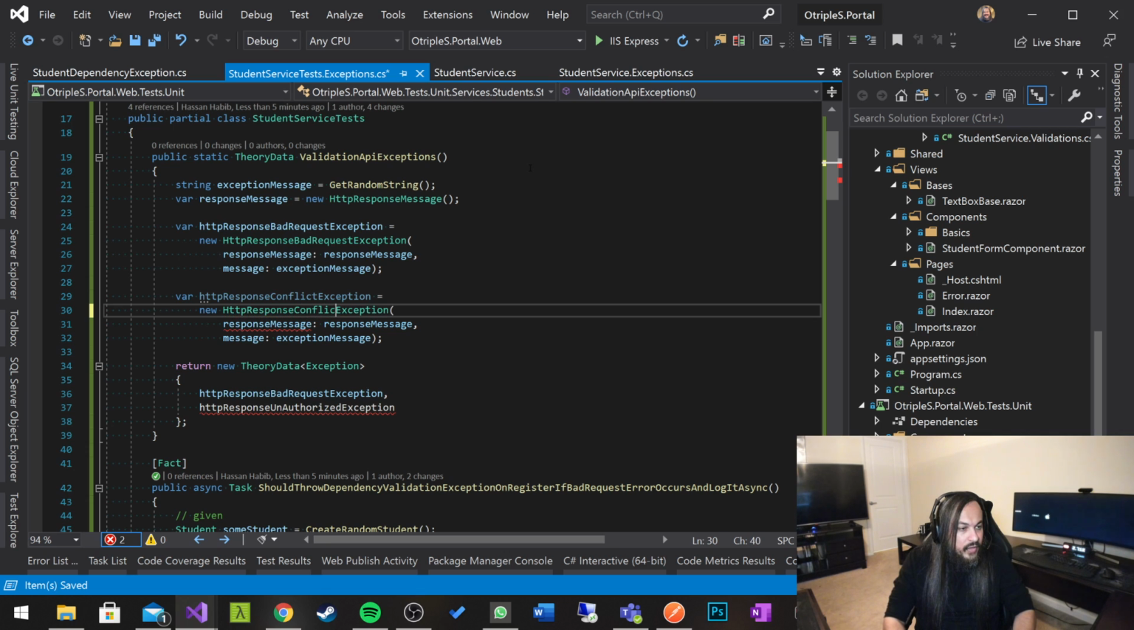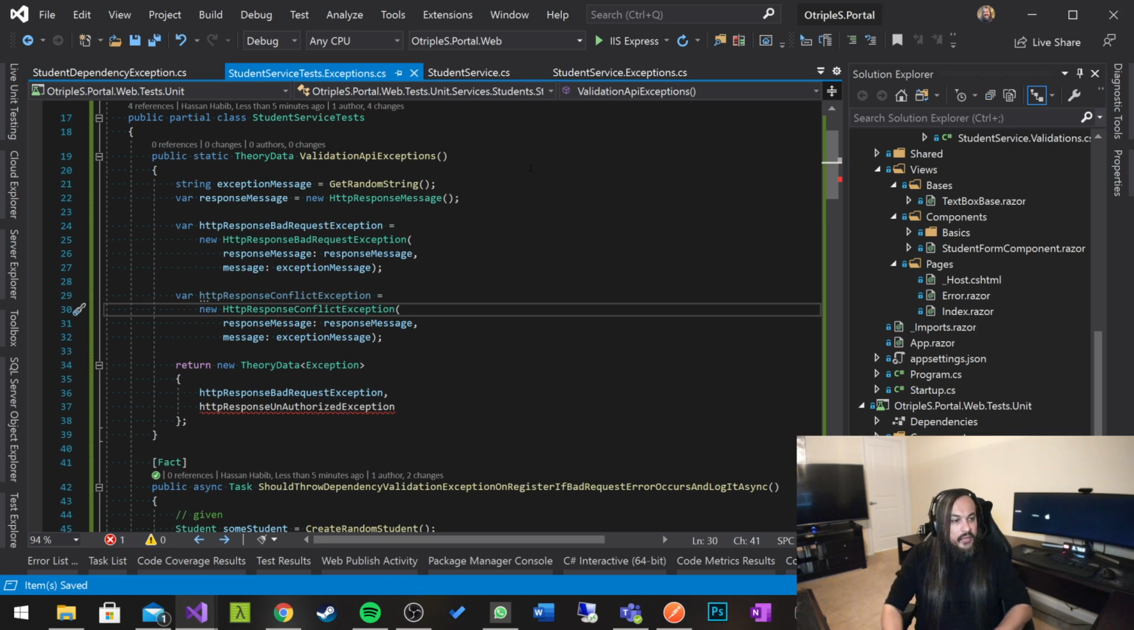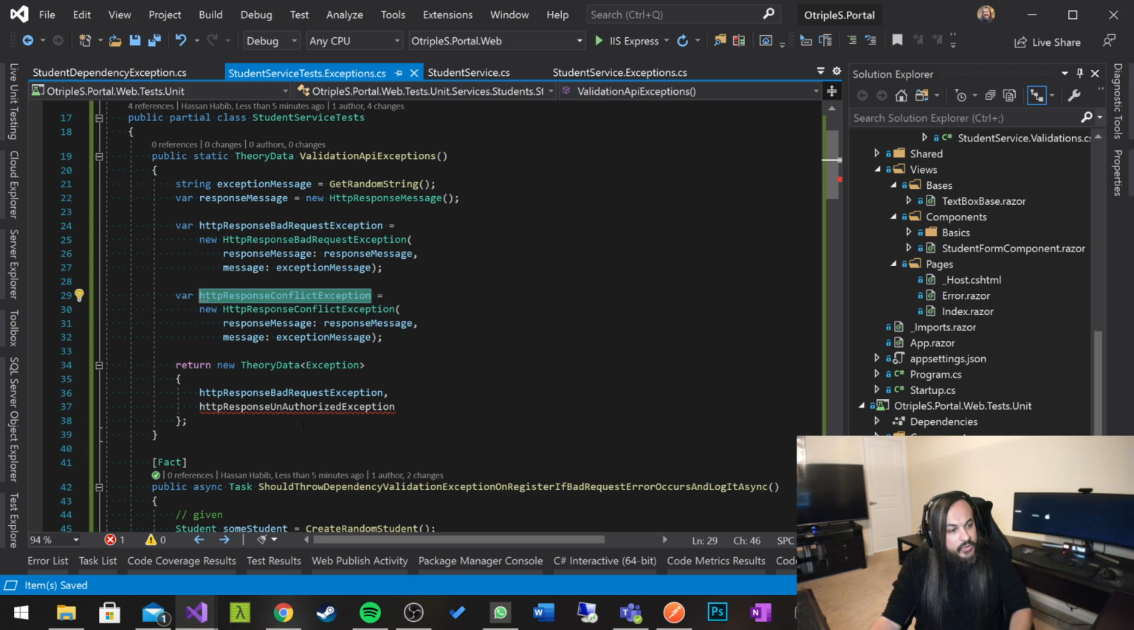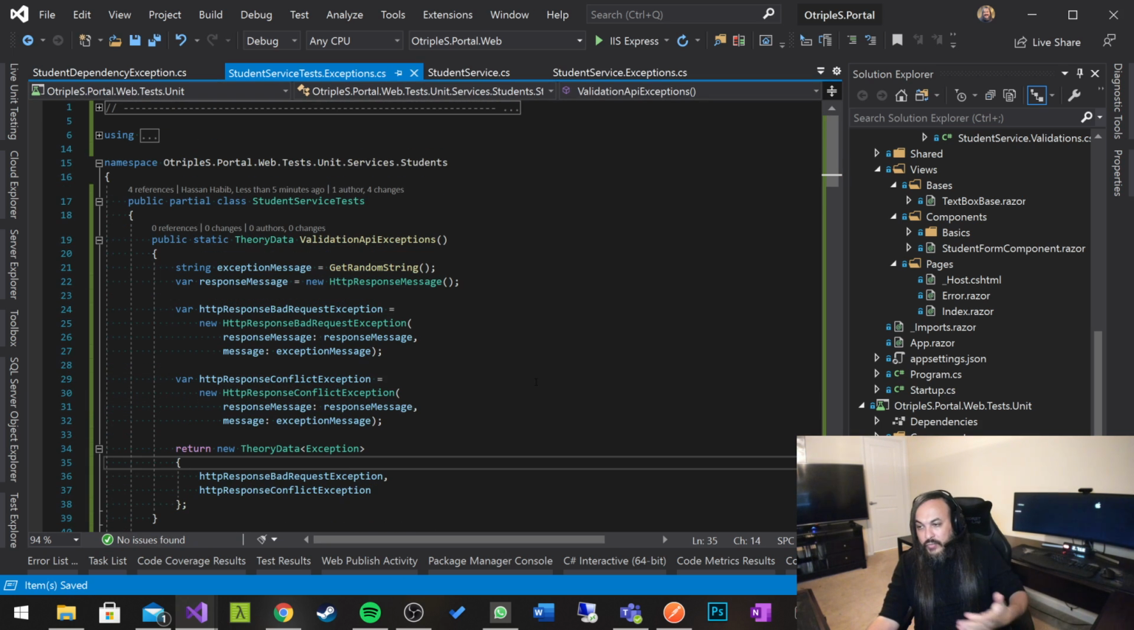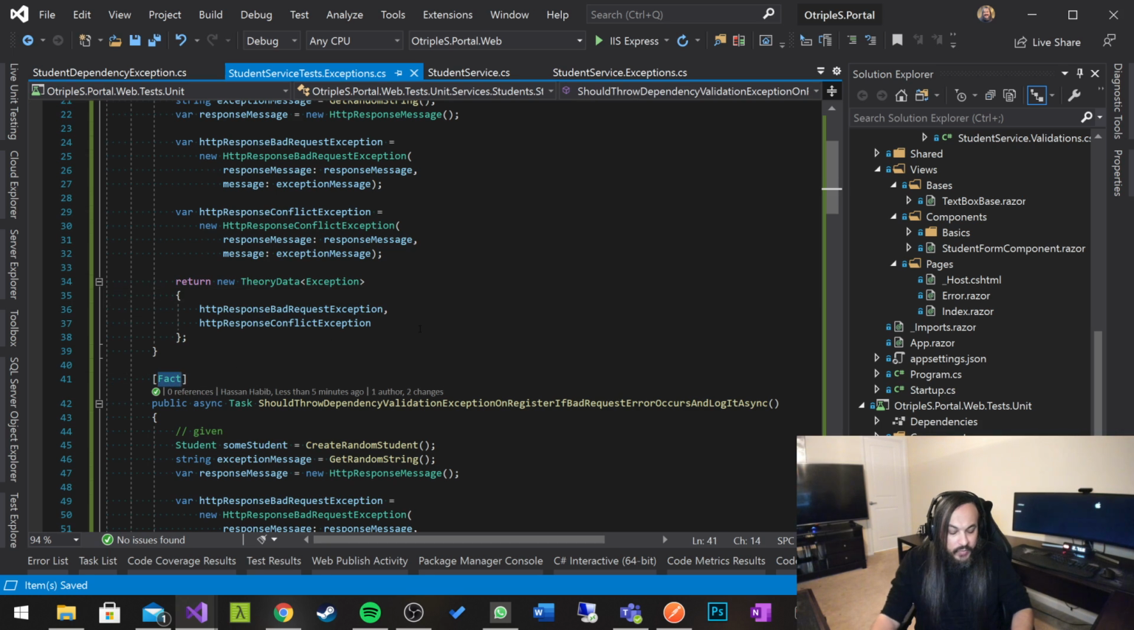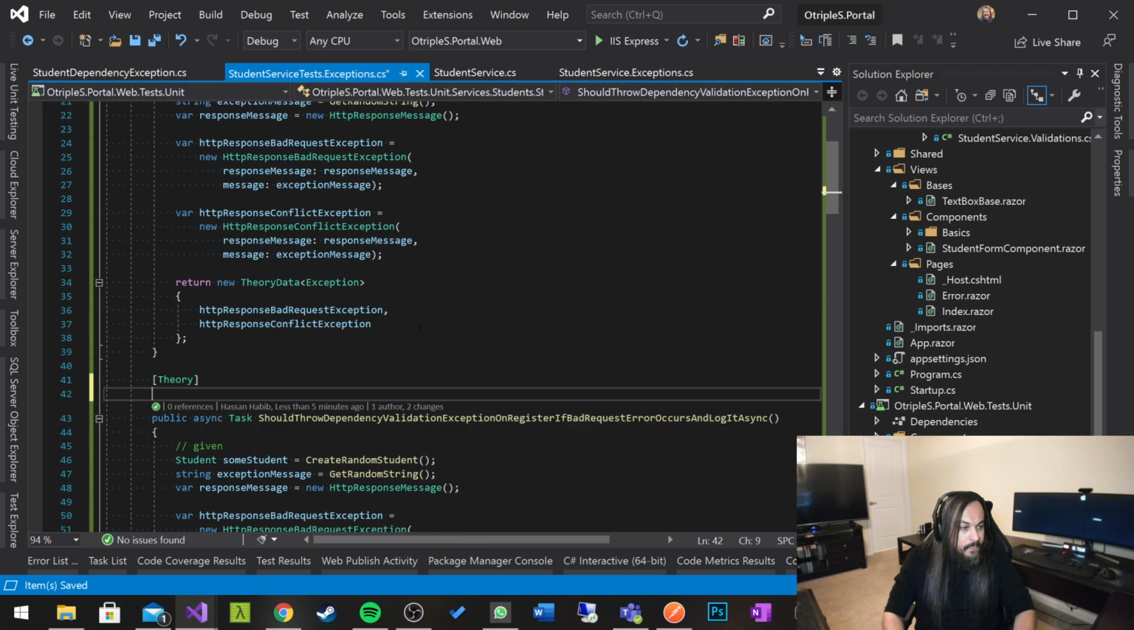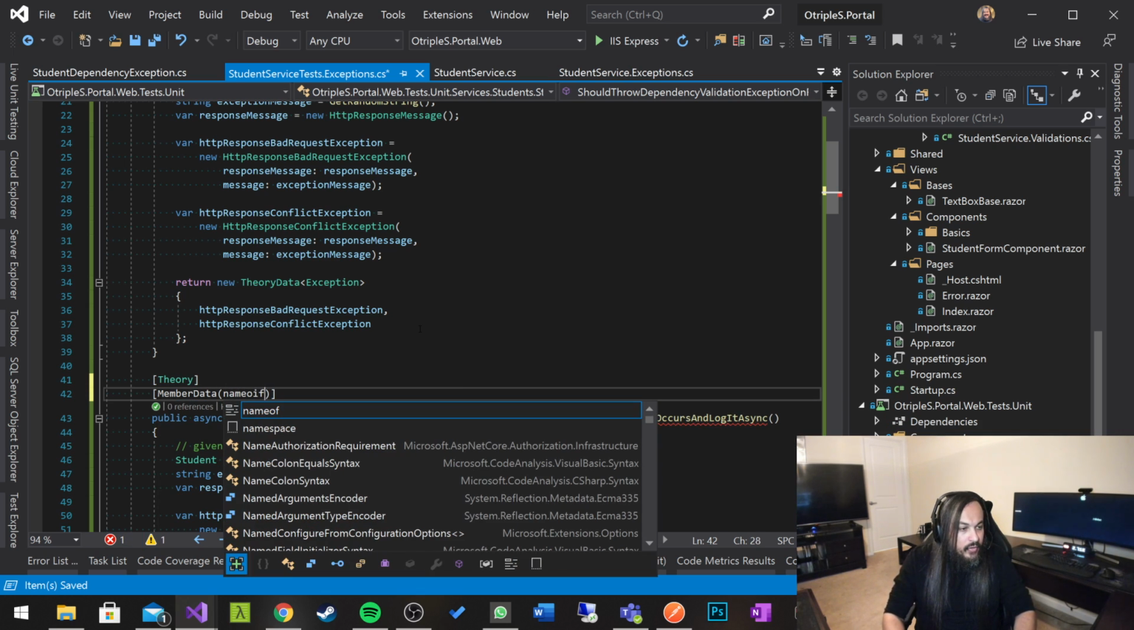Response conflict exception, like this. So let's see, if this is a conflict exception, we're going to put this guy in here. It's going to say, okay, this student already exists. It's not really a critical issue. It's just telling you that this is a dependency validation exception, which means that this guy has to change. And we're going to go here and say member data, name of